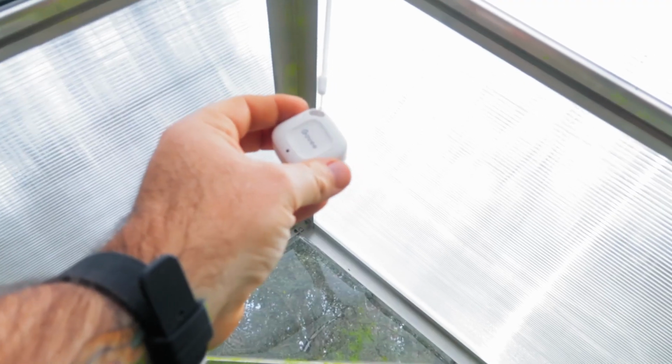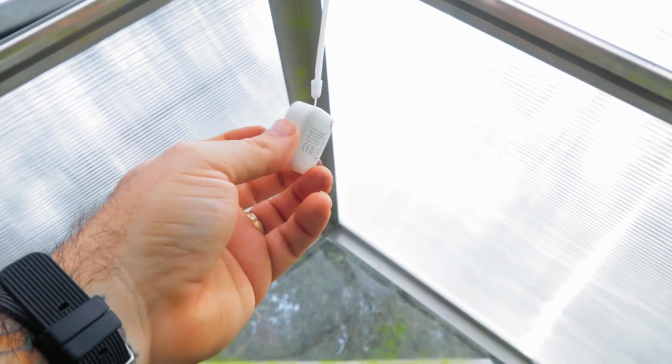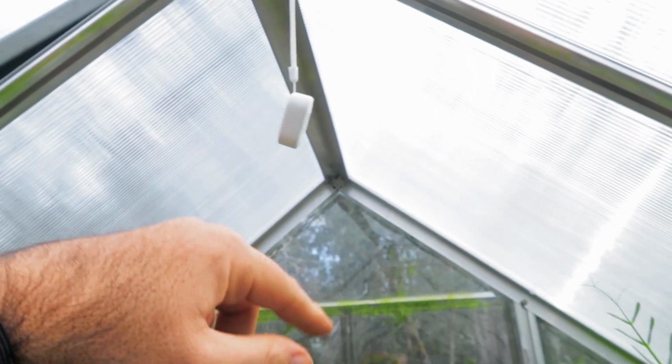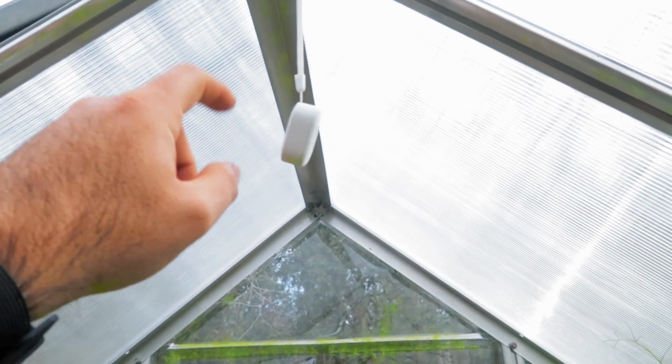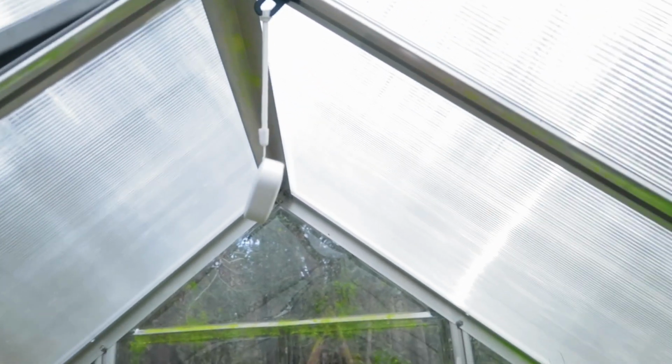But going in line with temperature, let's talk about this. This hanging up here is a thermohygrometer. It will tell me my temperature and my humidity on my cell phone from the comfort of my house via Bluetooth. It's always on and it records, and you can check it at any point, and it is extremely useful. What I learned by using that is